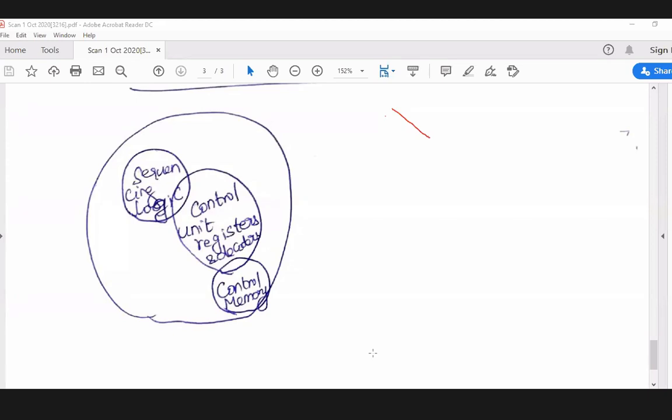From faster interaction. Okay, faster interaction. Next, how is it faster? Multiple work at a time. Multiple work at a time. Okay. Next. We can divide the work among the processors. Okay, you can divide the work, you can do multiple work. Yeah, fine.